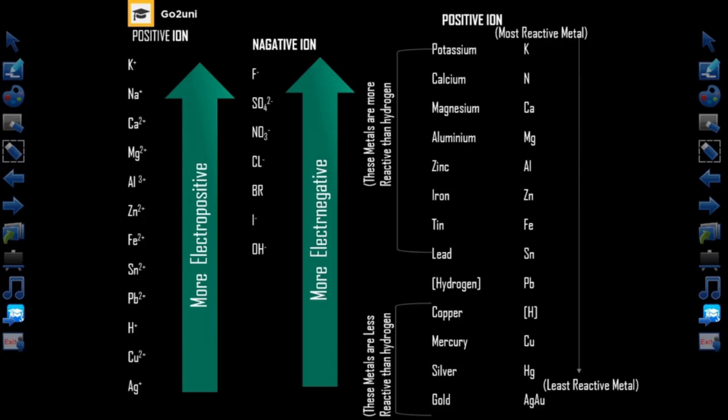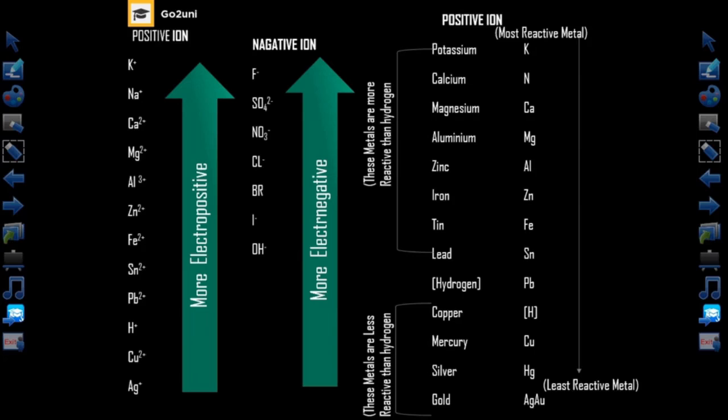So looking at what we have displayed, we have the cations which are electropositive. Beginning from silver upwards, you can see that electropositivity increases, which means that potassium is most electropositive and silver is the least electropositive cation. On the side of the anions, fluorine is the most electronegative anion, and the hydroxide ion OH is the least